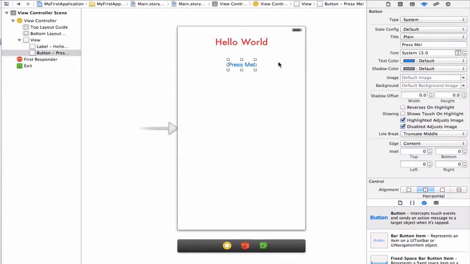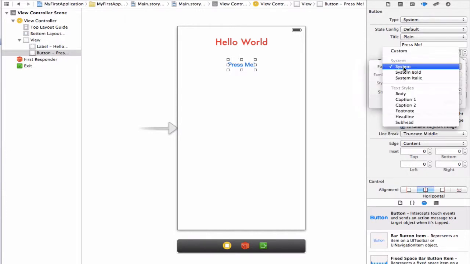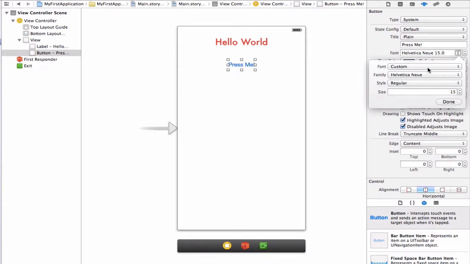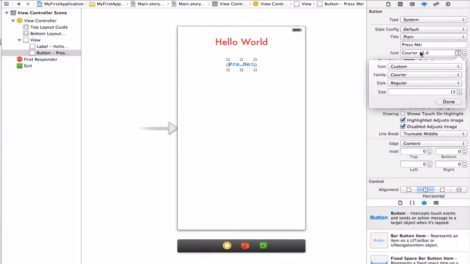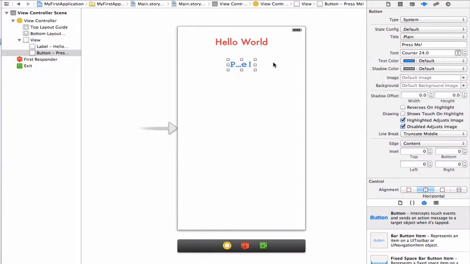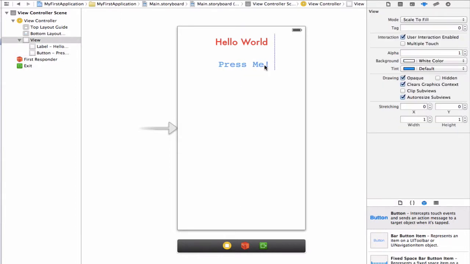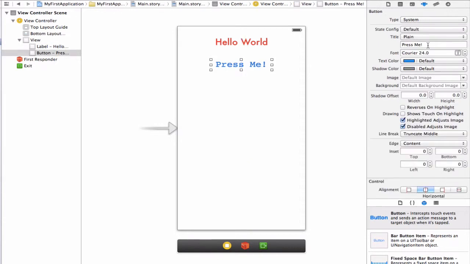I can also change my button here, and let's again go ahead and change the font here. So I'm going to go to Custom, and we want to choose the family here. And for this one, let's go ahead and choose Courier. And again, I can upgrade the size, press Done. And we see once again, my text has outgrown the size of my button. So let's go ahead and drag this out, and we can recenter this up. And now we see that my button is larger,